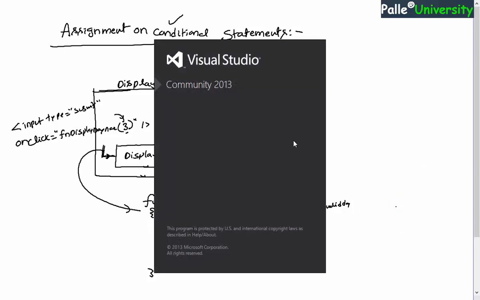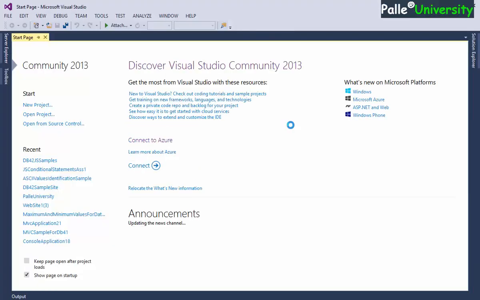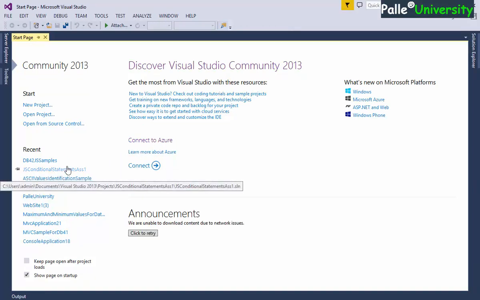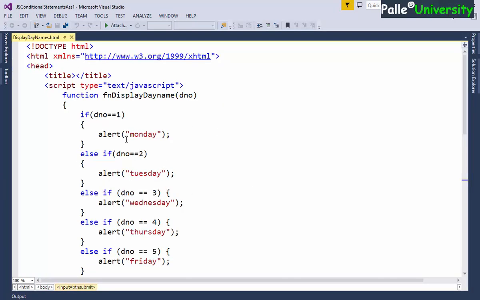Remember, instead of creating a new project for showing this solution, I will open the previous program which I created for showing the solution for the conditional statement related assignment. I think this was the one which I created earlier. Let me open this. This was the code we wrote in the display day names .html file.